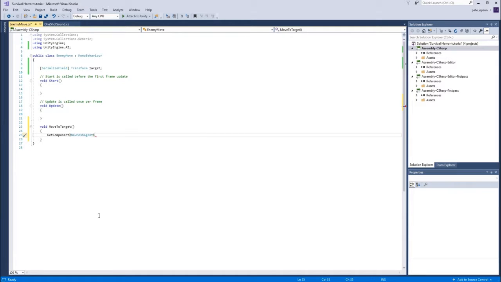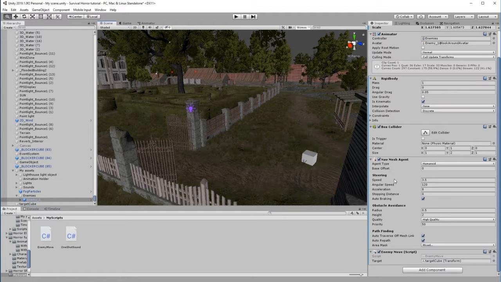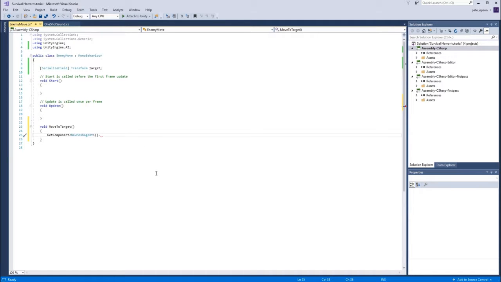Once we've got the nav mesh agent, we're just going to put in a couple of brackets there. We want to access any of the elements that are part of that nav mesh agent. There are also some other elements that we can access as well, one of which is destination. So we want to type in destination. In other words, where should it go? And we're going to say equals